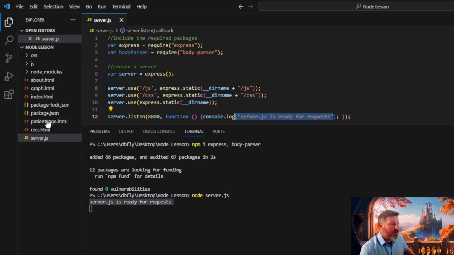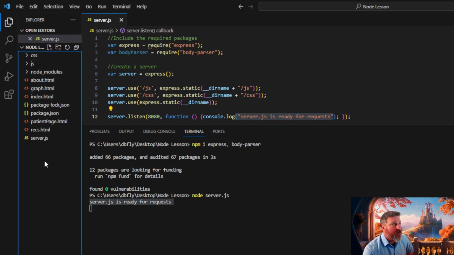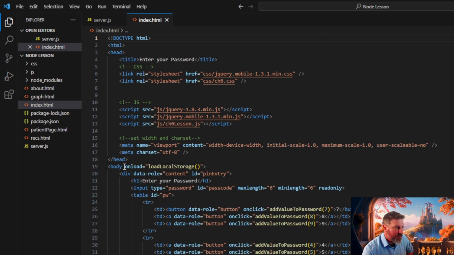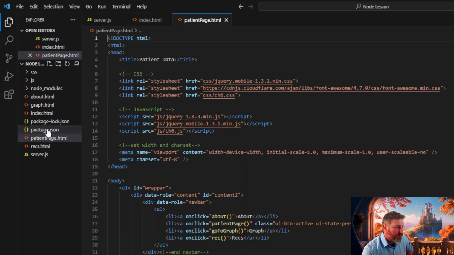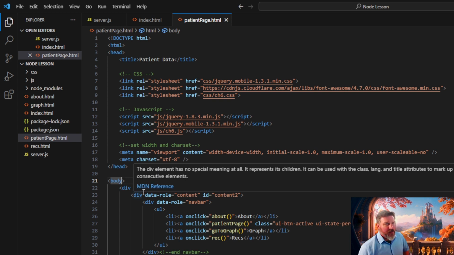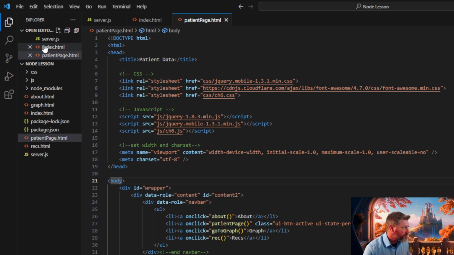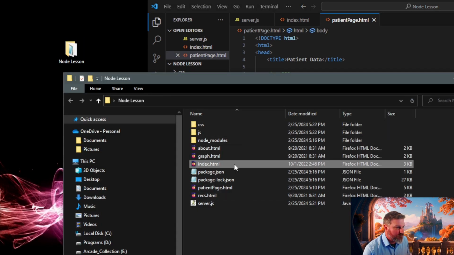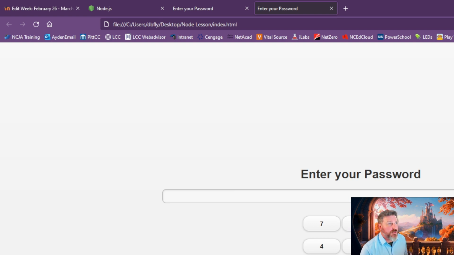So now in here, I've got all my pages for the BMI application. And let's see, my index page still has the onload local storage. And let's see, the patient page. I had initially put that onload here on the patient page body, but it wasn't working correctly and kept crashing my stuff. So if I open that index.html,